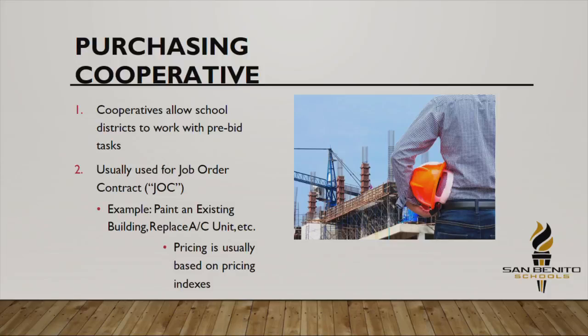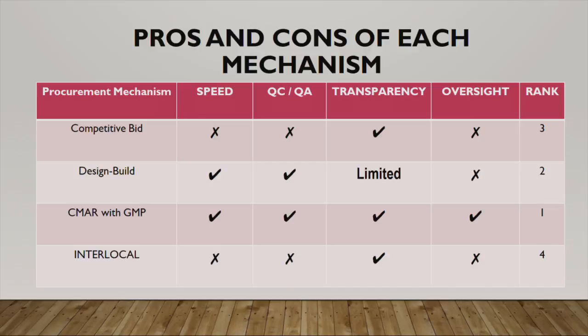But I don't think that would be the appropriate mechanism for a building or something very large, because we're going to be subject to pricing that can't be challenged, that the BuyBoard determines, and we just have to live with that. So we created a chart of the pros and cons of each one, and a ranking from our point of view. Yeah, and it's just a basic ranking.